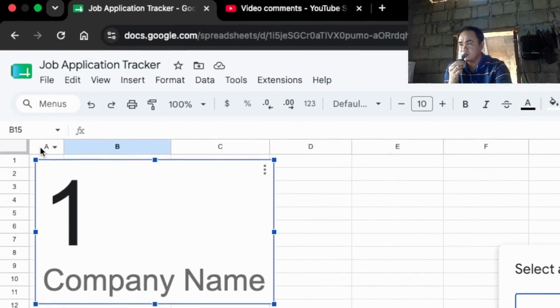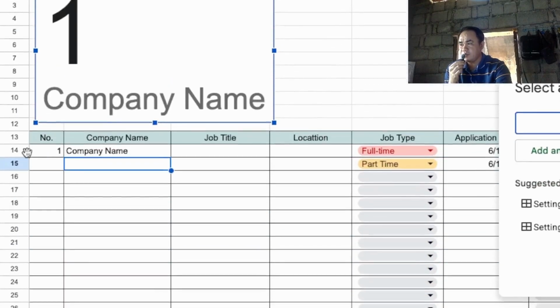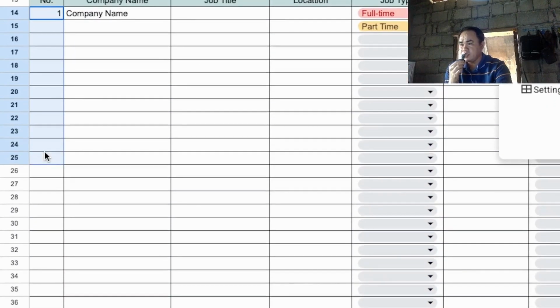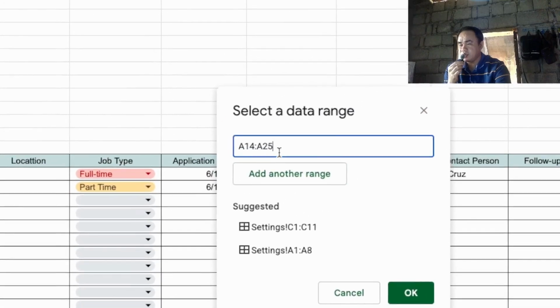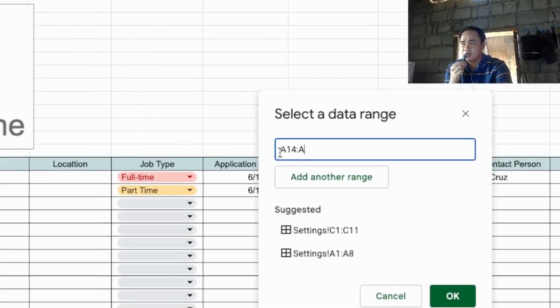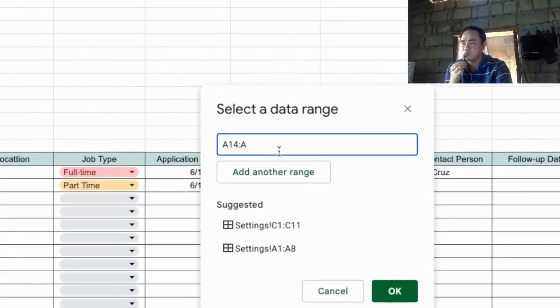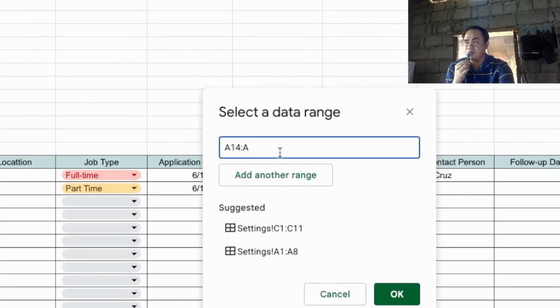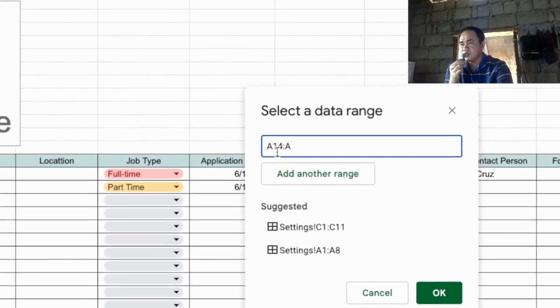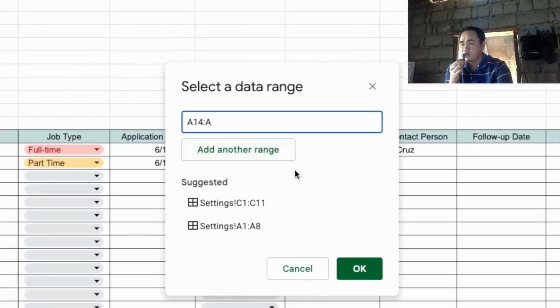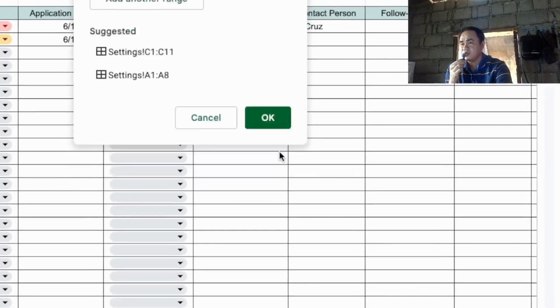So you're going to select from A14 going down, and return to this data range input, and then select the end cell reference, which is the 25. So meaning it will select from A14 down to the last row. So let's say we have 1000 rows. So meaning this is from A14 to A 1000 rows, and then click OK.